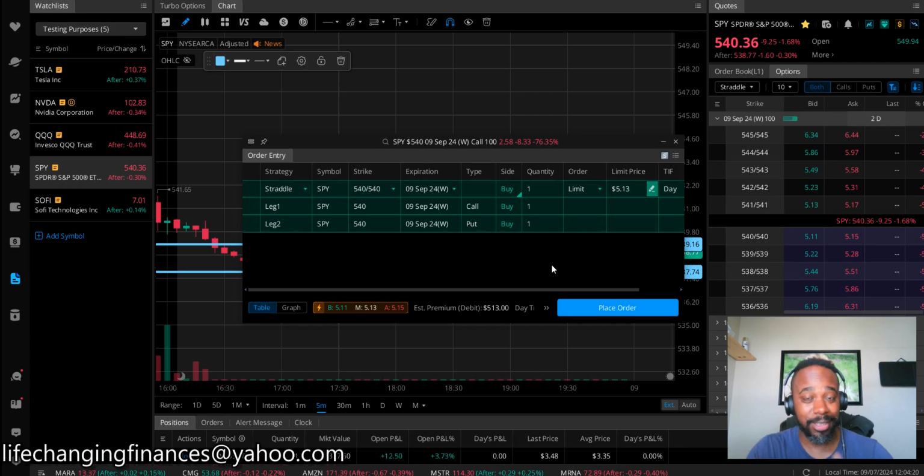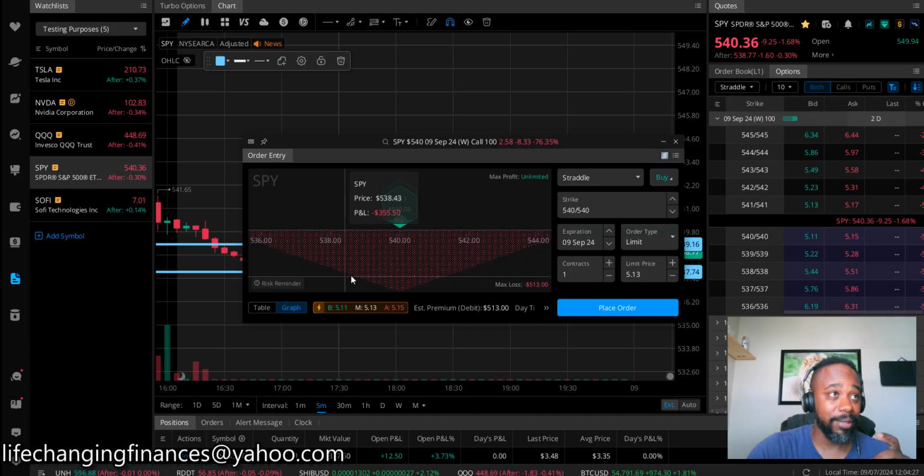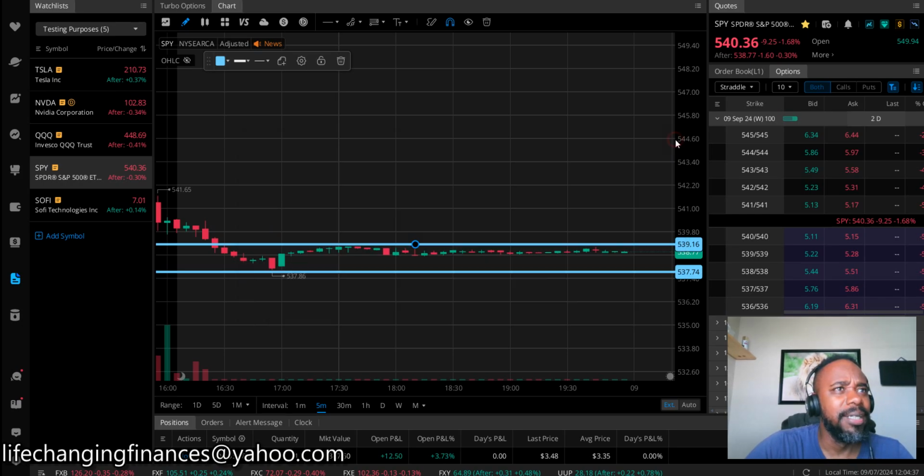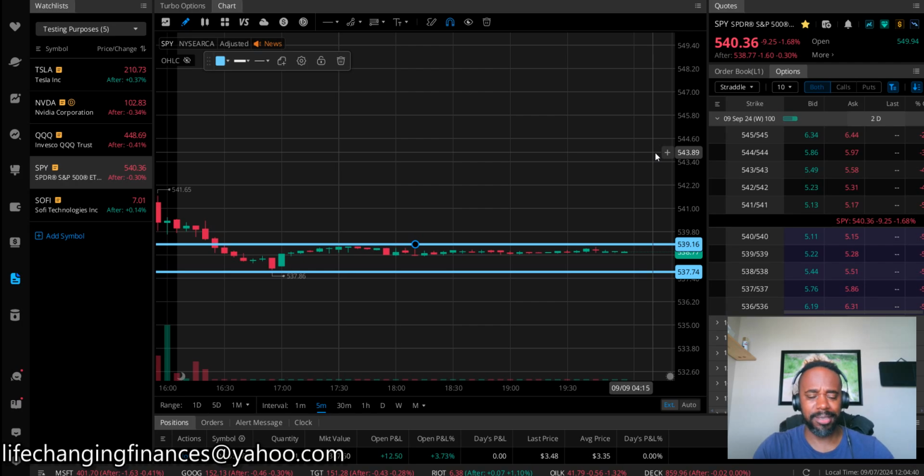And you should only do this when there's a lot of volatility. So be very careful of that. So we click the graph, right? It shows you, and it shouldn't look like this, but this thing looks a little bit off. But essentially, in a nutshell,